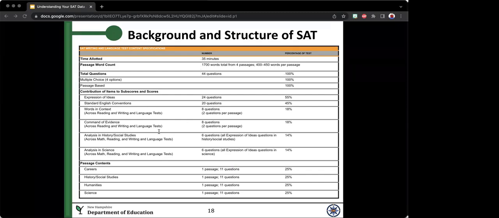Each passage has 11 multiple choice questions with 2 main types. So those where you improve on the expression of ideas, and then those where kids have to recognize and correct errors in a passage using sentence structure, grammar, usage, punctuation knowledge. And expression of ideas asks them to improve the substance and quality of the writer's message. And those are really divided into 3 areas. Development, about questions about main ideas. So things like topic sentences, thesis statements, supporting details,